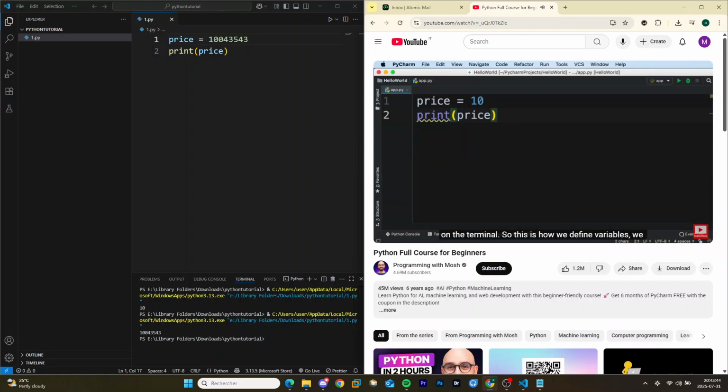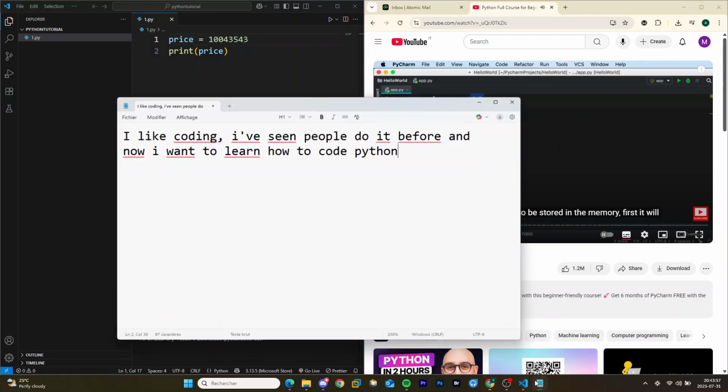So this is how we define variables. We start with an identifier, which is the name of our variable, then an equal sign, and finally a value. Now, more accurately, when this number 10 is about to be stored in the memory, first